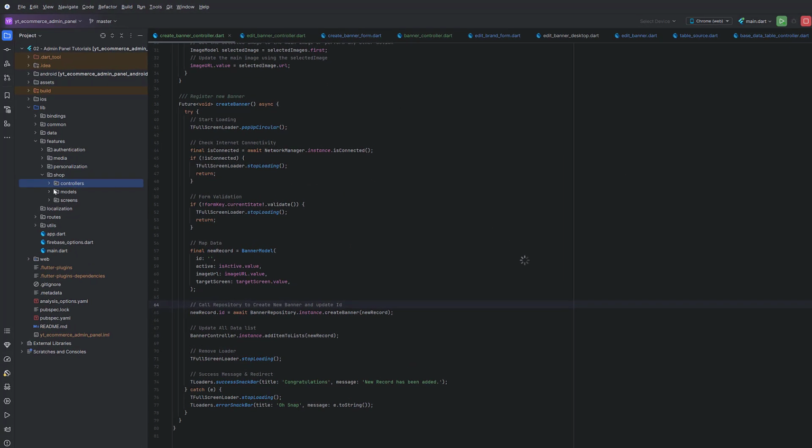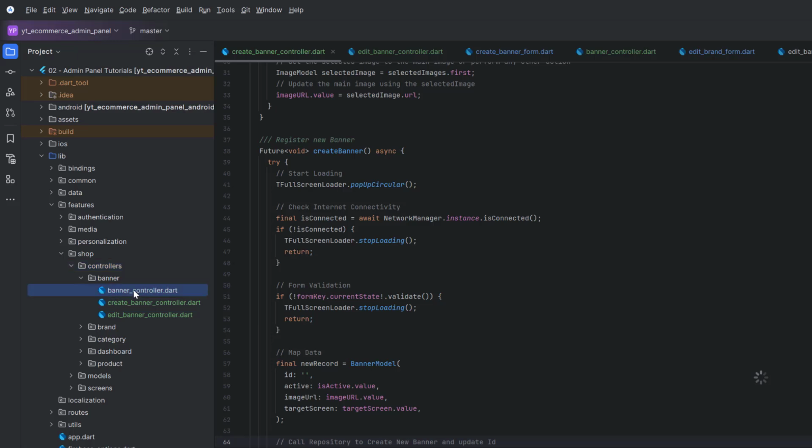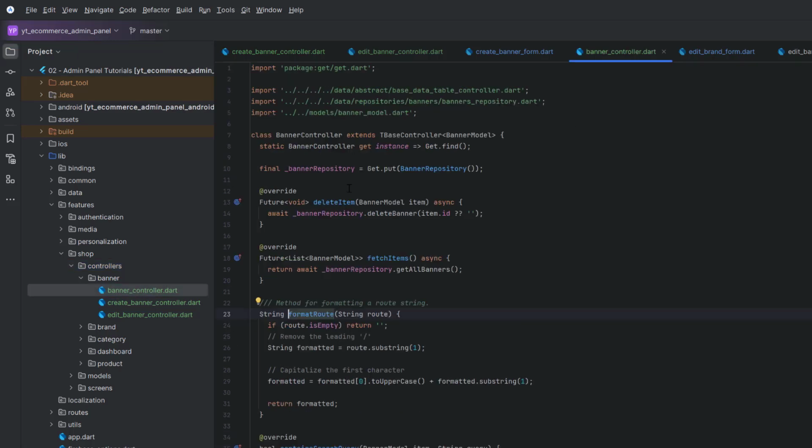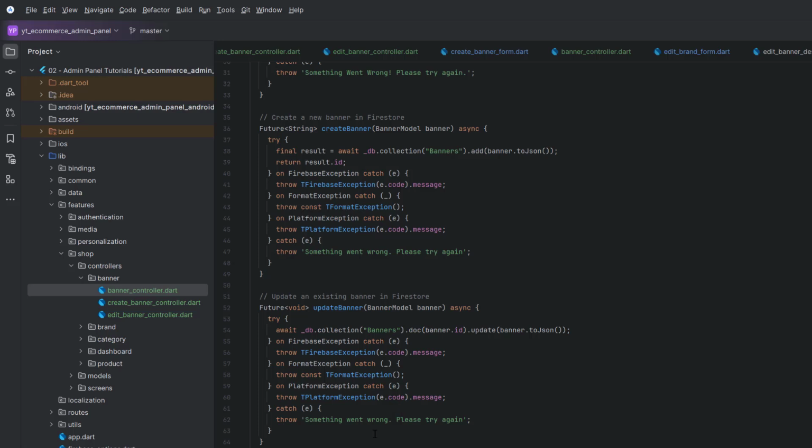To delete the banner, go to the controller, and in the banner, go to banner controller. In order to delete the banner, you can see we have this delete item function, which is implemented by the child class, which is the banner controller class. Banner repository dot delete banner. We're going to pass the banner ID, and inside the repository it is going to receive the banner ID and simply delete it from the Firestore. And now if we go to the design,